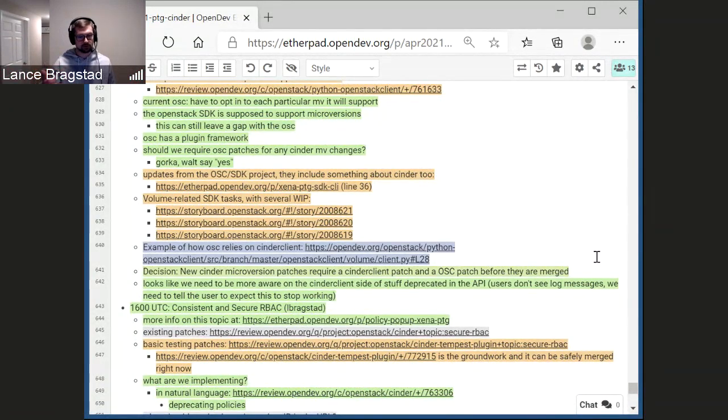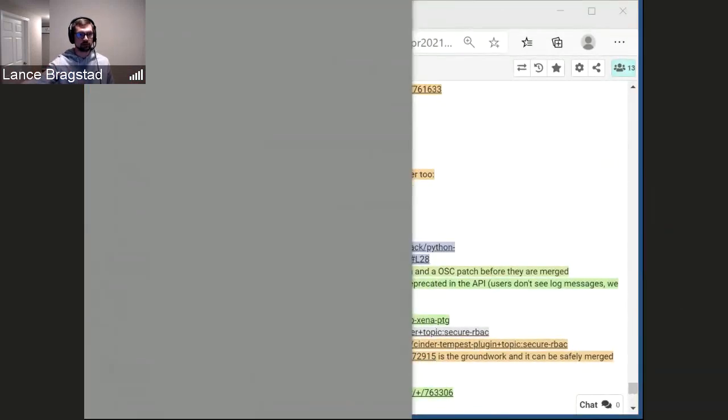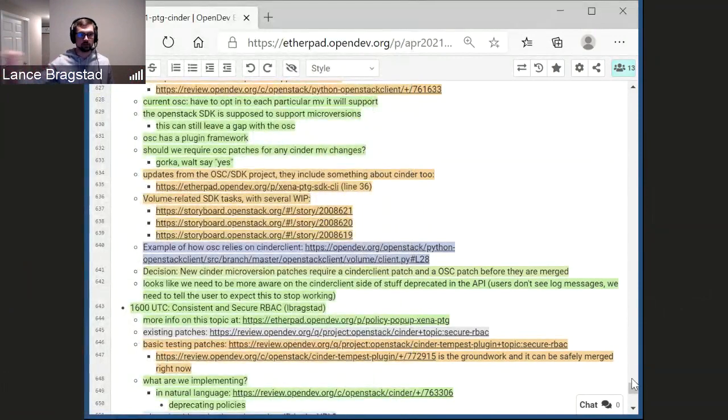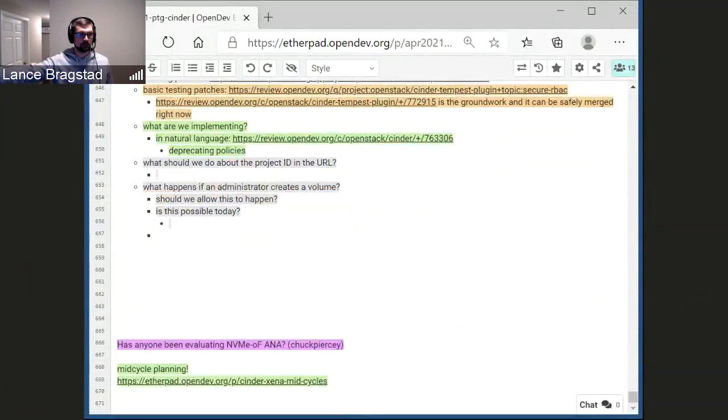So then we get into 3 other solutions that are all client side. The first of the client solutions is to bookend project-specific operations with role assignment modifications. As a system administrator, if I need to create a volume in a project, my client is going to figure that out, give me a role on that project using my system scoped token, get me a project scoped token, and then do the request to Cinder like it normally would. And then on the way out the door, clean up that role assignment. So that's option number 1.